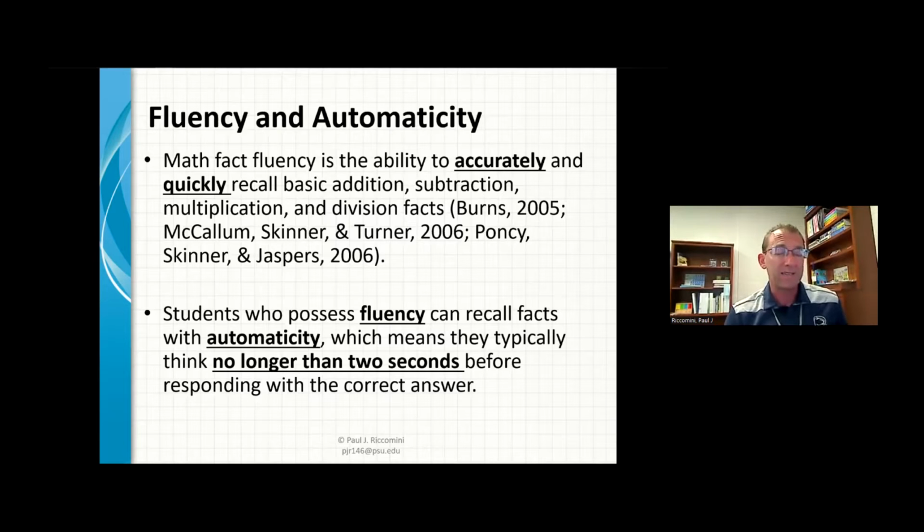Now, anytime I talk with a middle school or a high school teacher, they are almost always talking about automaticity. When they say their kids don't know the facts, it's almost always they don't know the facts quickly. Now, yes, there are some kids that still are having some accuracy issues for sure. But most of the time, middle school and high school teachers, when they're having a conversation about a student, they're essentially focusing on this idea of automaticity. They're just too slow. All right.